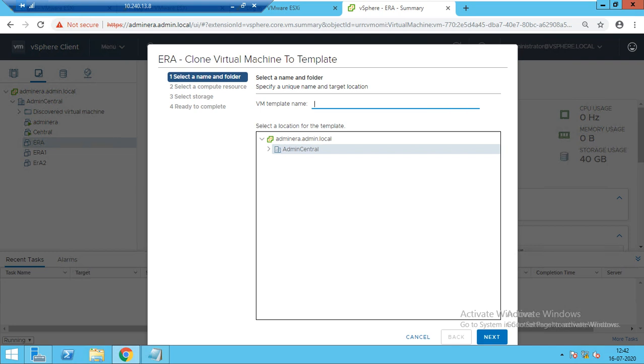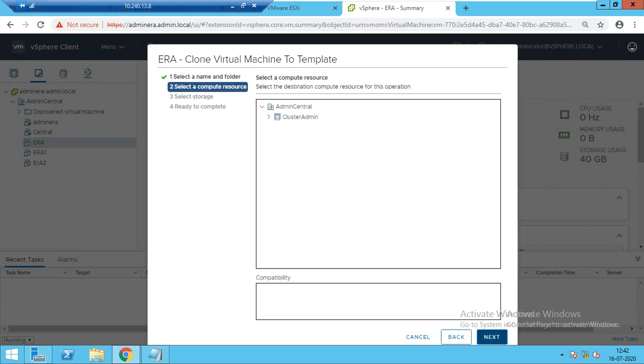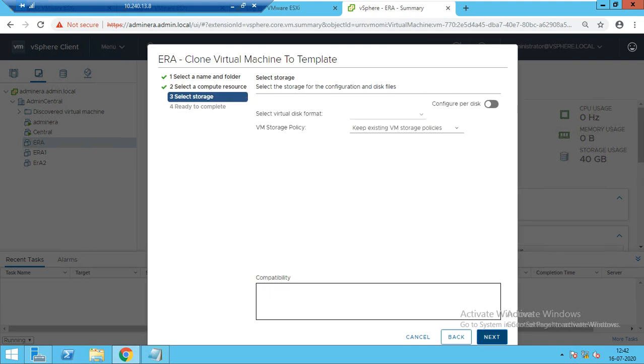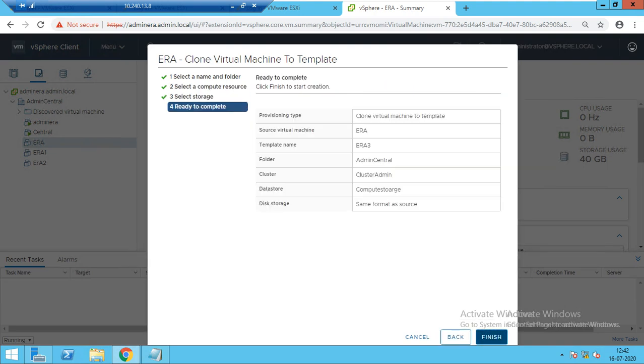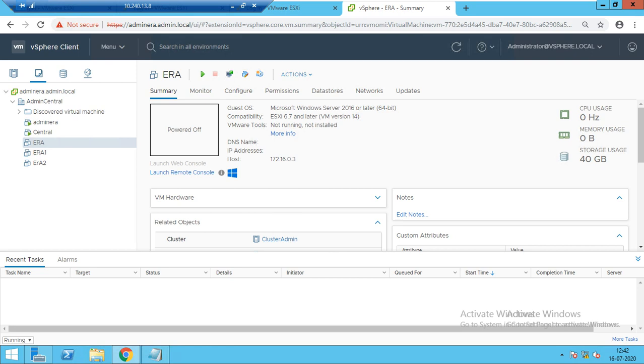So the machine which you have created will become the template. Now you can see this ERA3 machine becomes the template.